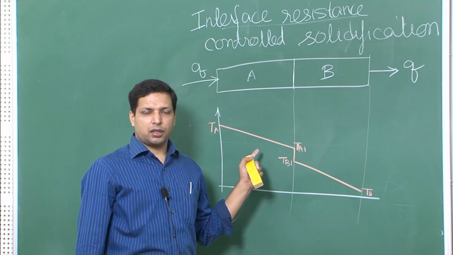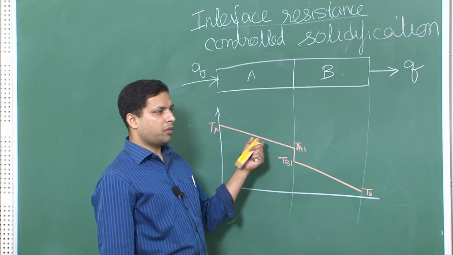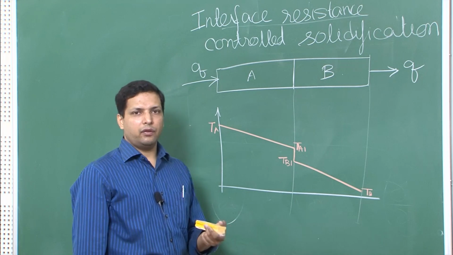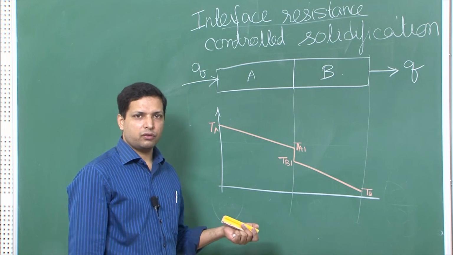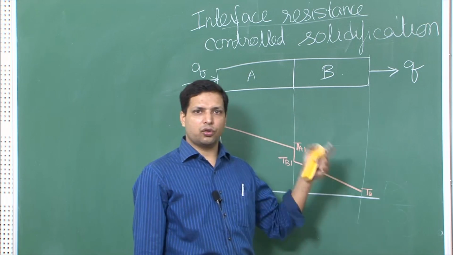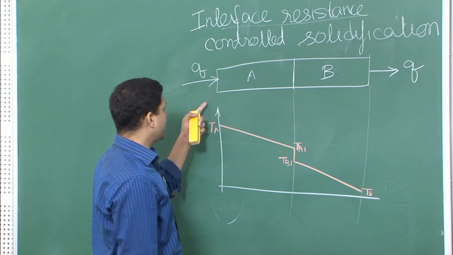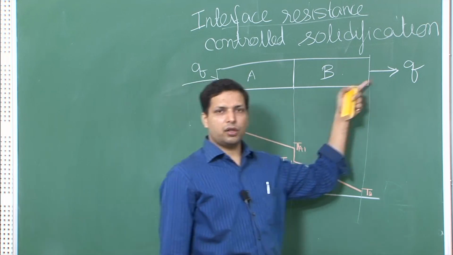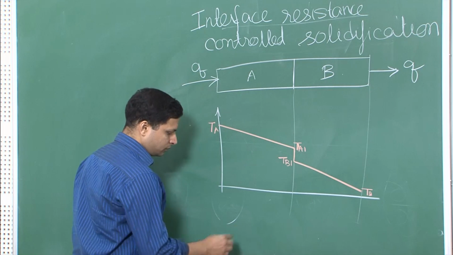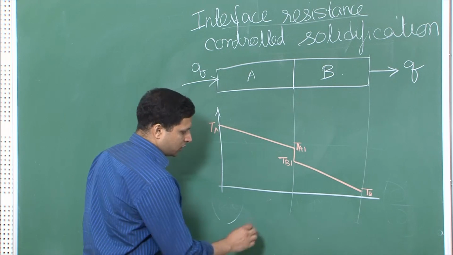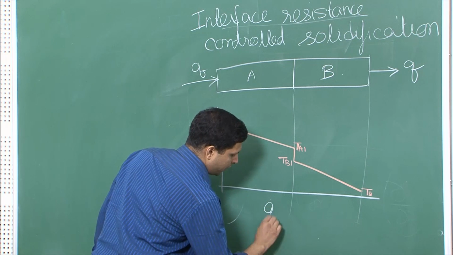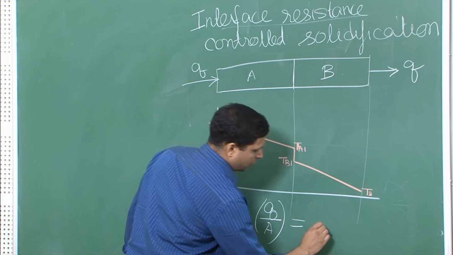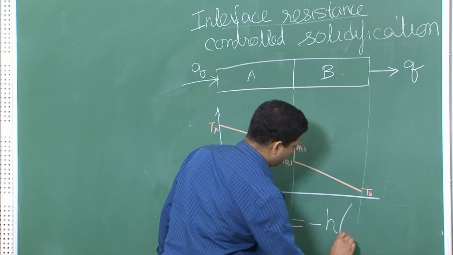We could not have said that if we were talking about a transient state, remember in the mold and the solid, where the mold gets heated up, so it absorbs some amount of the heat, and when the solid is cooling down, it gives out some amount of extra heat. So the heat going in was not equal to the heat going out. But here, like I said, it is in a steady state, so the amount of heat going in is equal to the amount of heat going out, and therefore we can write Q over A equal to minus h